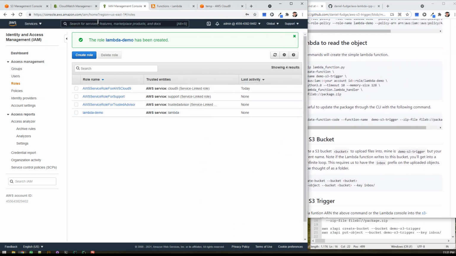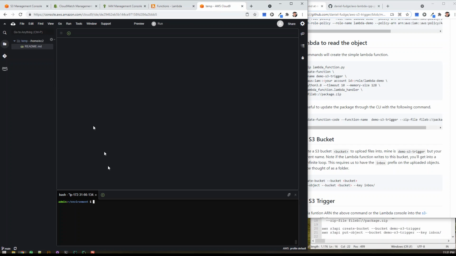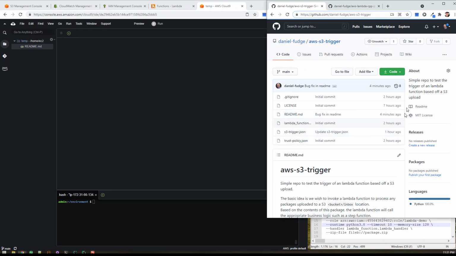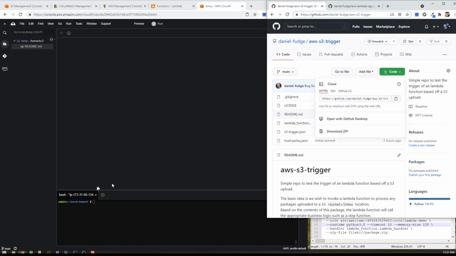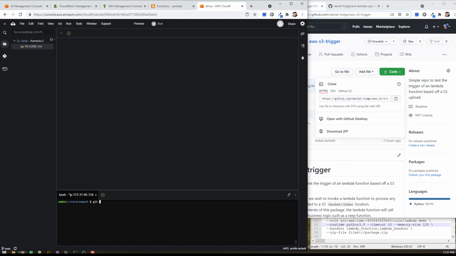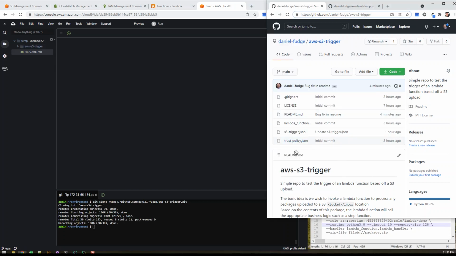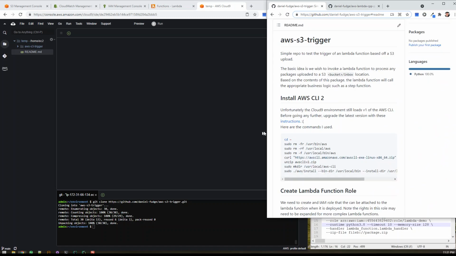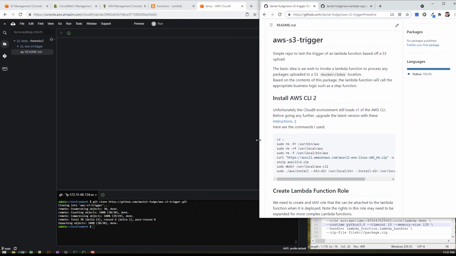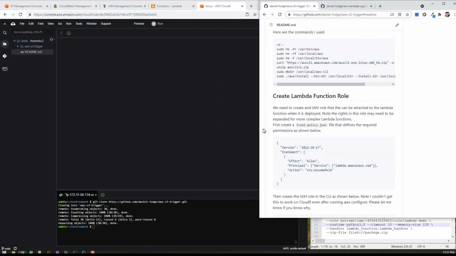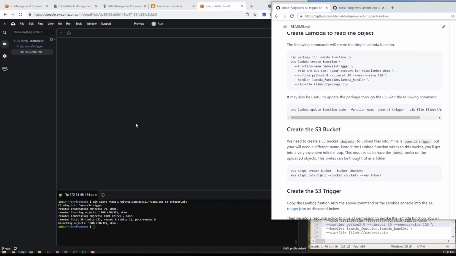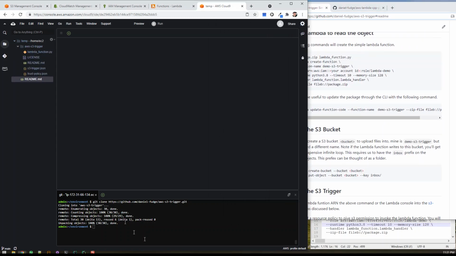We need to create the Lambda function itself. And actually, before we do that, let's clone the repo. It's a super light repo, so it only takes a second to download. Okay, sorry, let me move this around so you can see a little better. And if we jump into the repo,